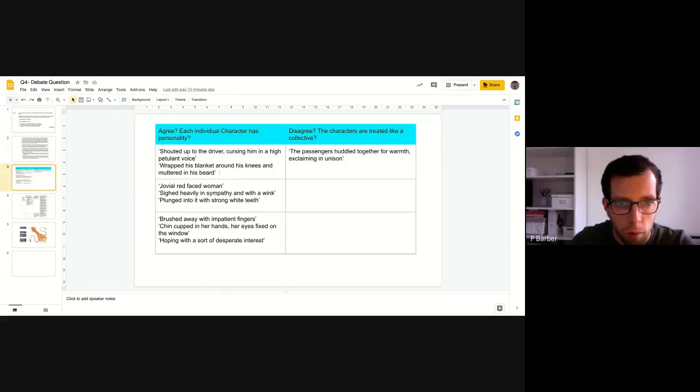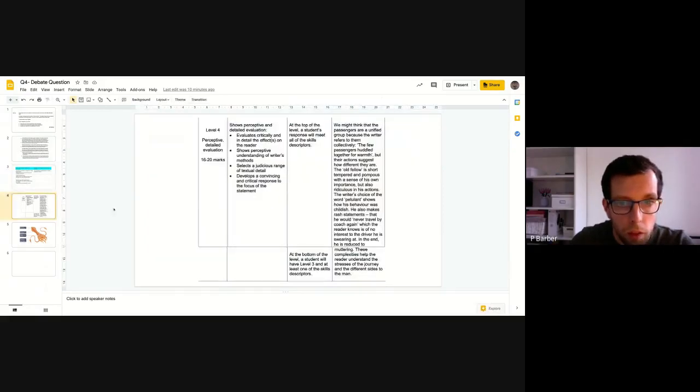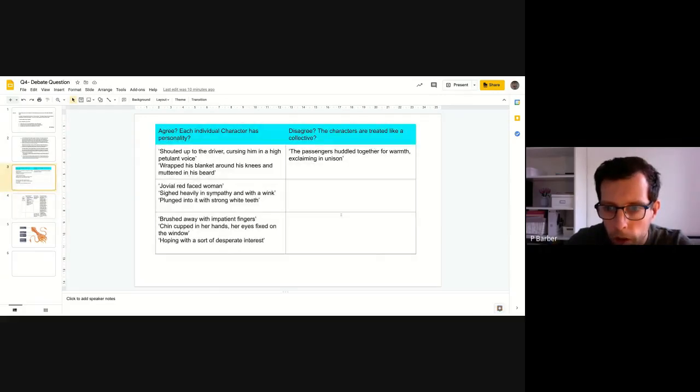I'm going to have a go at describing the old man and looking at what the writer does to make him interesting, then the red-faced woman, and Mary Yellen. What I'll do is focus on the old man for our modelled paragraph, but obviously these two are where I'll be going with this next. Now, this is the top end of the mark scheme, which is looking for perceptive and detailed evaluation. In this paragraph, which I'm not going to read in full, we've got references throughout, including things like the old fellow, petulant,